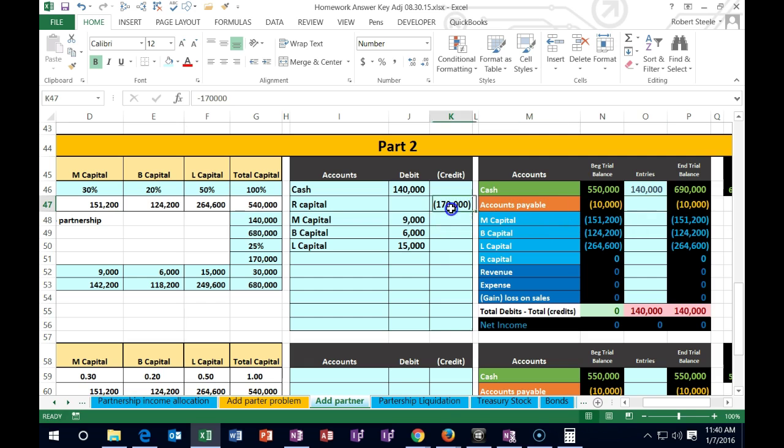We're then going to post R's capital account. So here's R's capital account here. Here's the blue area related to R's capital account. And we're going to say this equals and point to the 170, bringing the balance up from 0 to 170. Then we're going to post M's capital account. So here's M's capital account here. It's a credit. We're going to debit it. That'll make it go down. So we're going to say this equals the 9,000. That should make this go down to